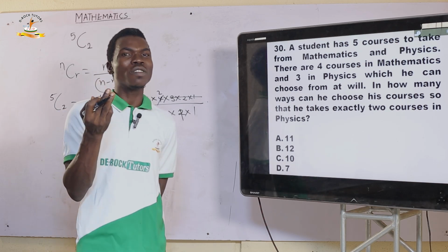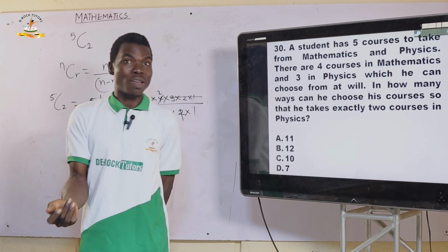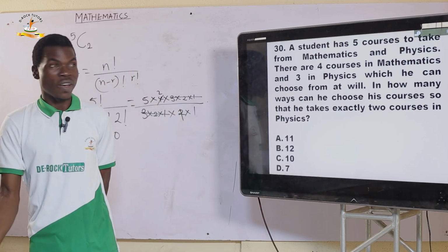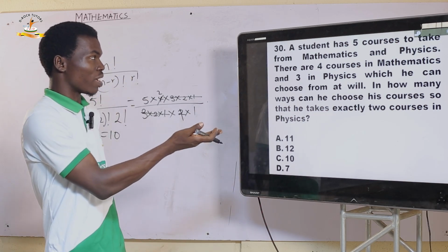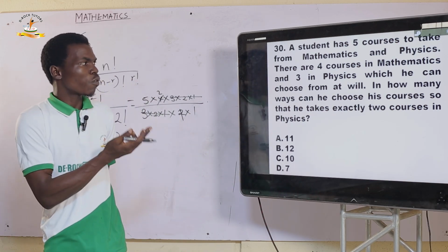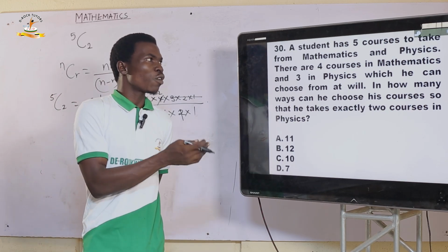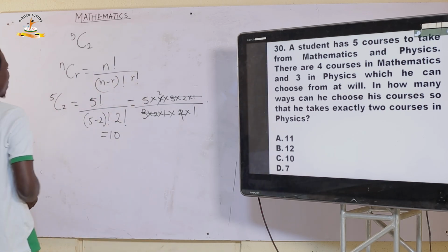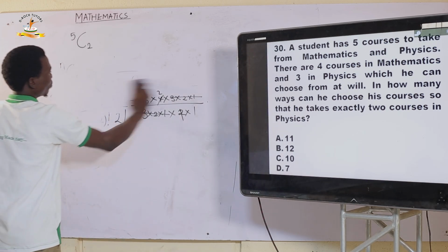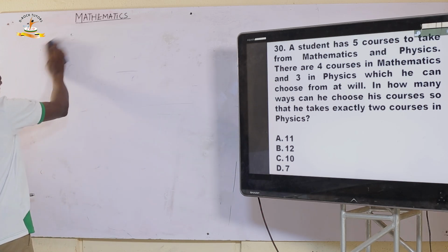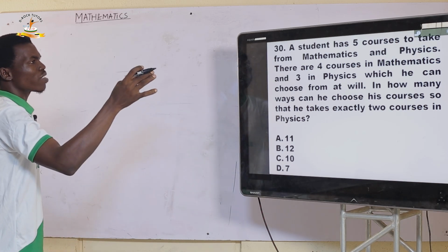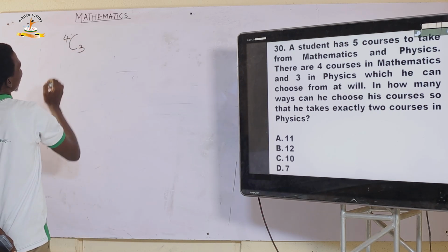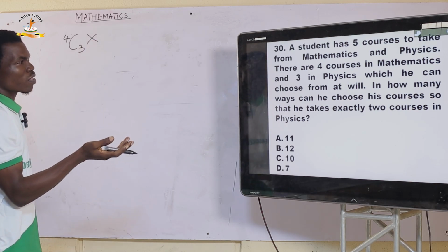So in this case, we see how it works. He has a condition given to him either by his department or by himself. It says he has to offer 2 courses from the physics department. However, there were 3 present. And if he's taking 2 from physics, then he has to take the remaining 3 from mathematics, because the total he can take is 5. Let's see how that is done again. Out of 4 courses in mathematics, you can take 3. So it has to be 4 combination 3 multiplied by